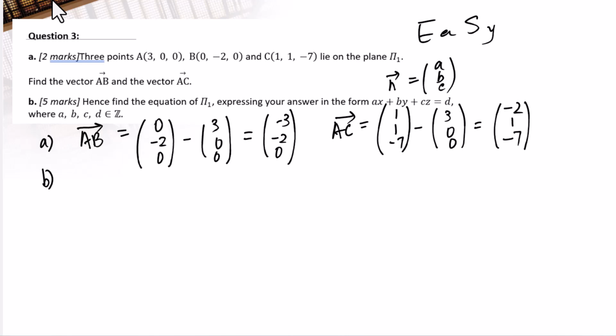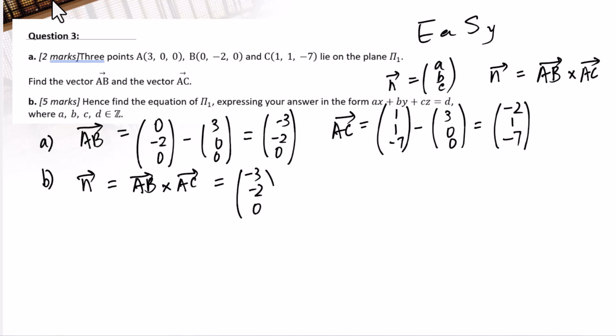And also this normal vector equals vector AB cross vector AC. So normal vector equals vector AB cross vector AC, equals